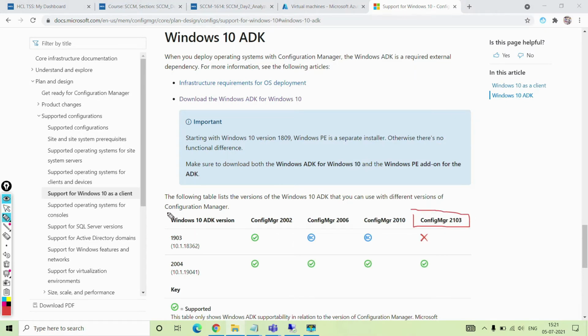Now if we talk about the Windows ADK version, on this 2103, Windows ADK version 1903 is not supported, hence we downloaded the 2004 version, if you remember, and this is supported. Green is supported, red is not supported. And what is BC?